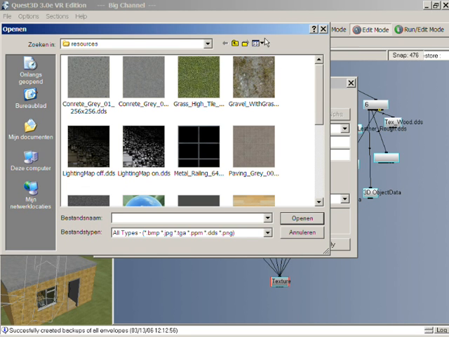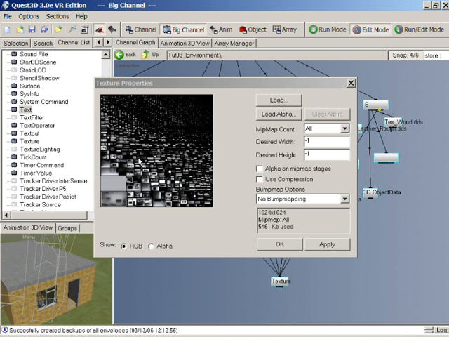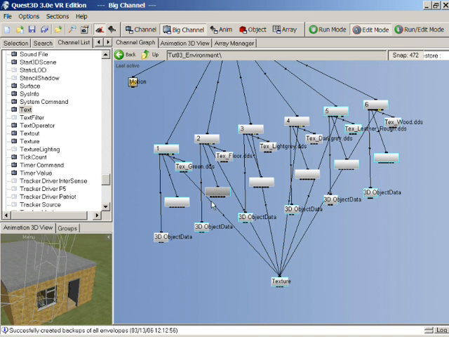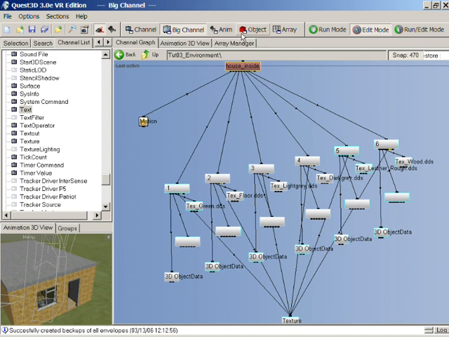I'm just going to look at thumbnails so that we can find it. Okay, so here's our light map. I've got it applied to the surfaces we want it to be applied to, so we can now go over